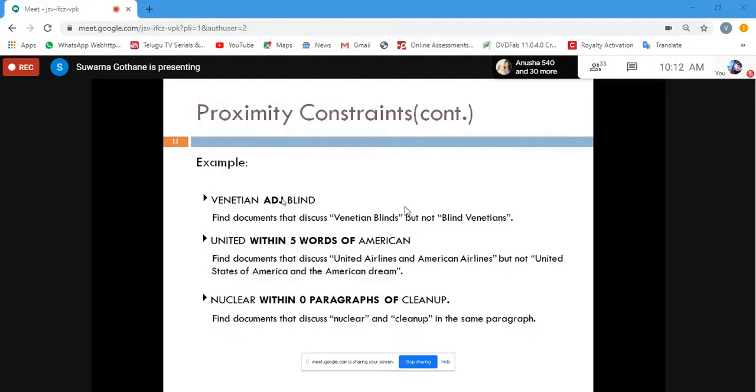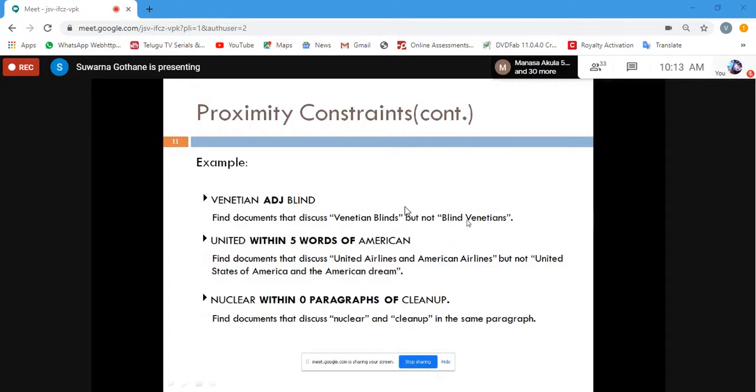It will not be applicable in the reverse direction. So this query helps you find words such as Venetian blinds, but not blind Venetians. Adjacent means in a forward direction only. ADJ stands for adjacent, in a forward direction. So this is the correct one, this is not the correct one.